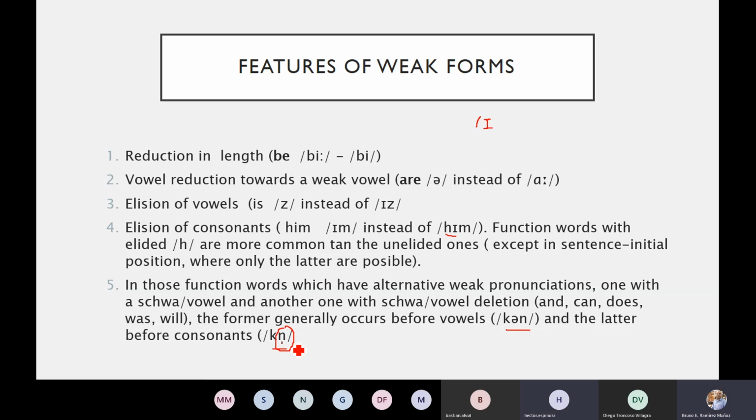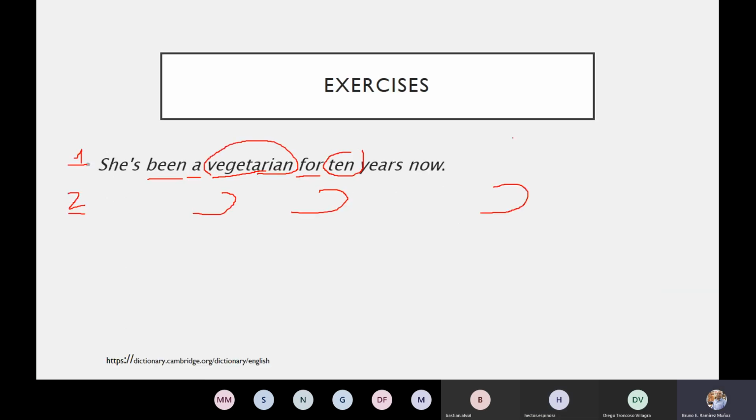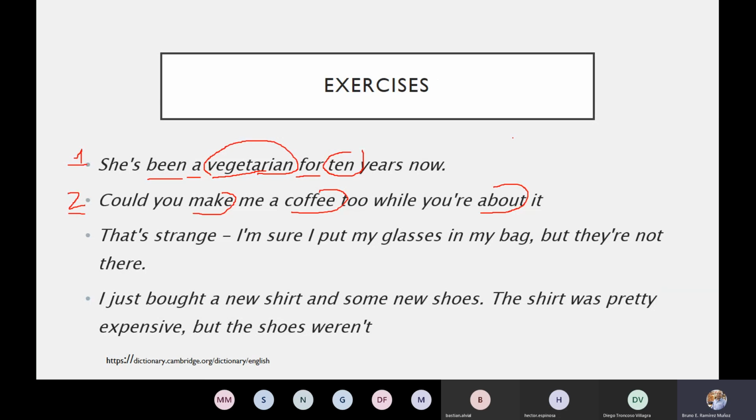All right, I got it. Alrighty. So let's take a look at examples 3 and 4. Any volunteer? You have to read the sentence 2 or 3 times and then analyze it in terms of strong forms and weak forms. Any volunteer? I will go if I can do it. Yes, please. Thanks.